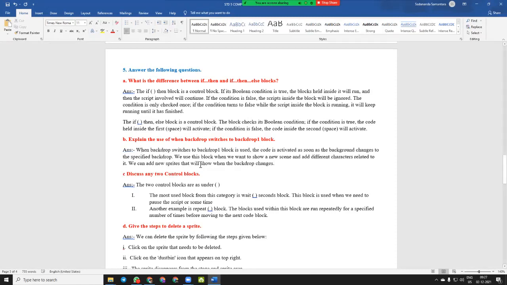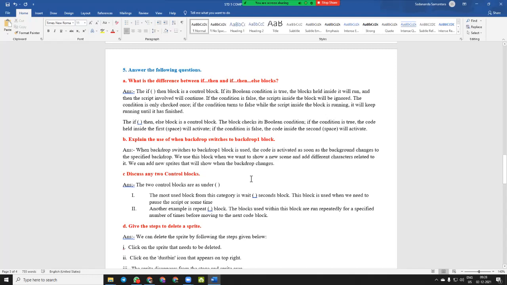When the backdrop switches to backdrop 1 block is used, the code is activated as soon as the background changes to the specified backdrop. We use this block when we want to show a new scene and add different characters related to it. We can add new sprites that will show when the backdrop changes.